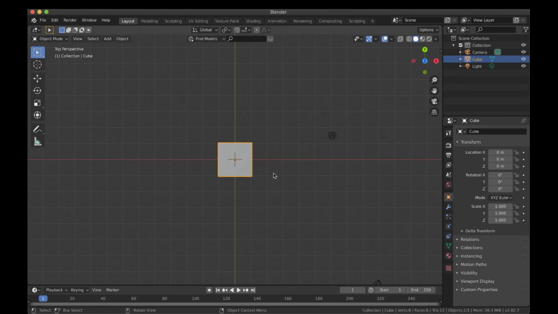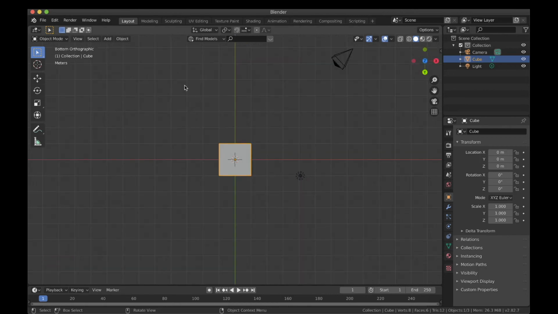Now if you want to do the opposite of them, you just have to press that number. Just this time you will also hold control key with that. So if you want to go to the back view, you can press control 1. If you want to go to the left view, you will press control 3. Now please guess what will be for the bottom view. I think you guessed it right. It will be control 7.